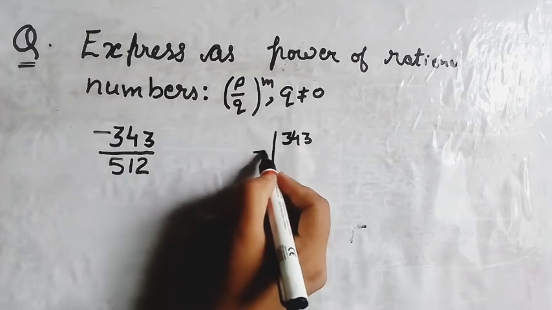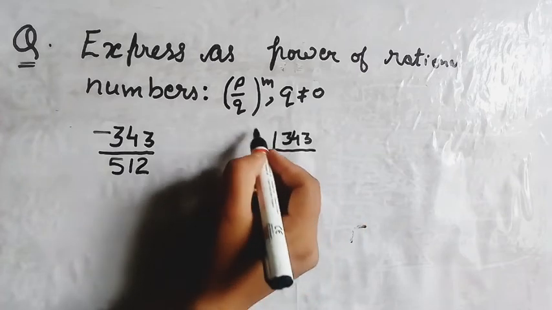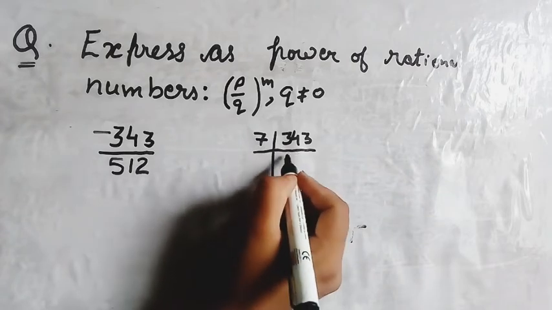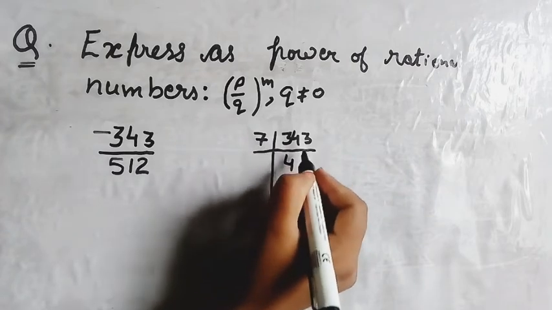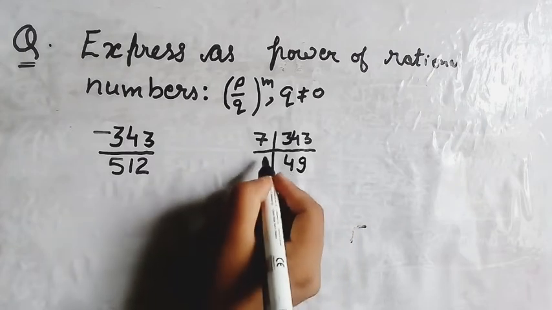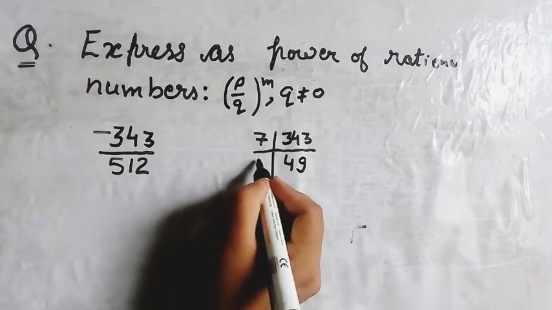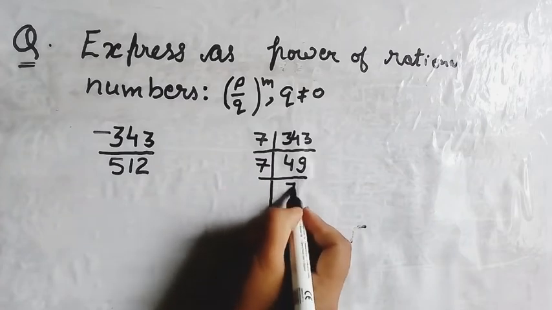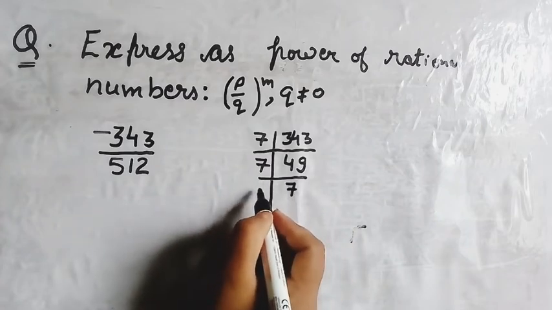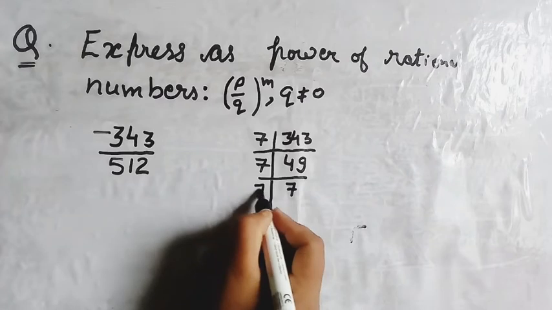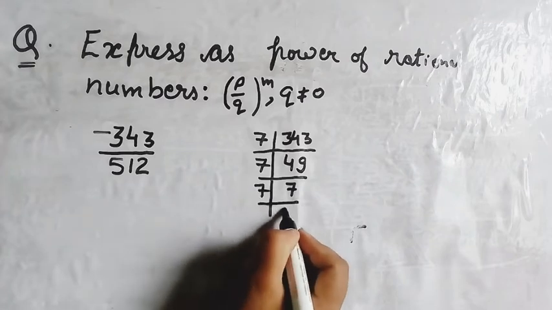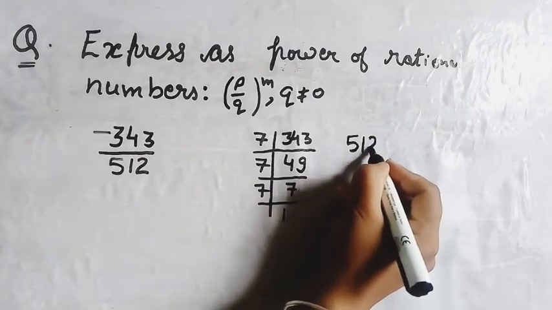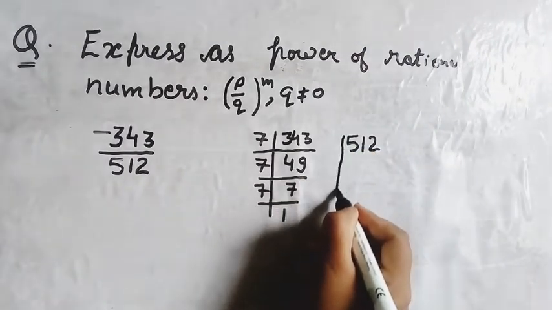The factors will be, it will be divisible by 7 only. So 7 4s are 28, 6 left. 7 9s are 63, 49. Now by 7 again, 7 7s are 49. And by 7 again, 7 ones are 7. Now factorize 512 also, and the factors will be